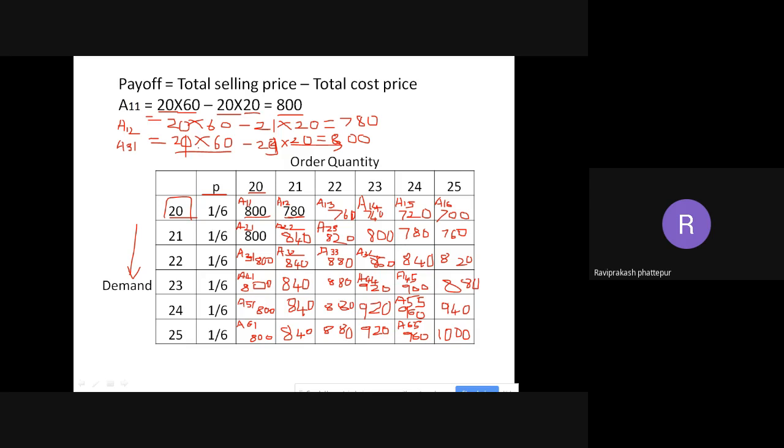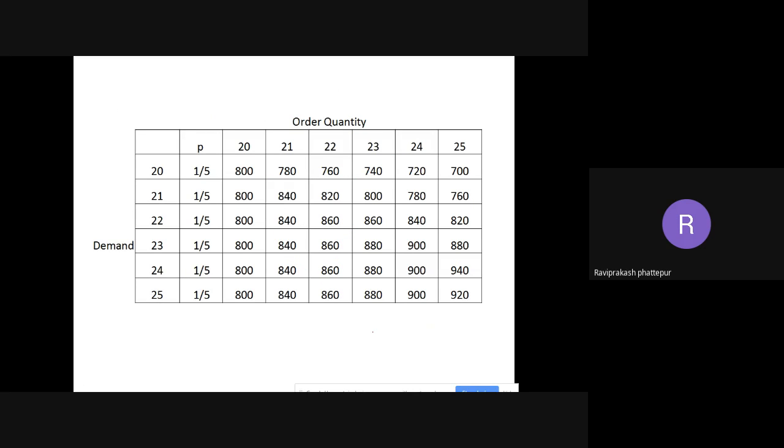Similarly, you need to first check whether demand is higher or lower, and whether the ordering quantity or the present quantity with me is higher or lower than the demand. With this combination, your values will change, whether the demand is high or low or the ordering quantity is high or low. With this, the values in the payoff matrix that you have written here will change. Similarly, I have done it here. You can check whether we have done it properly or not.